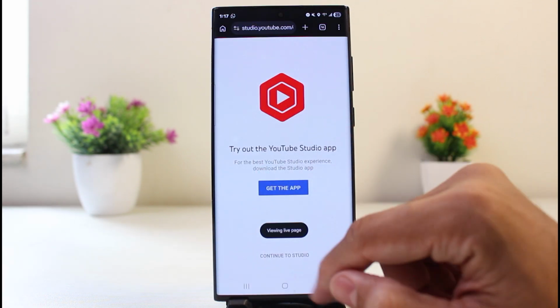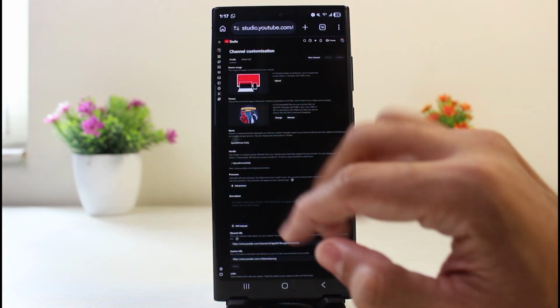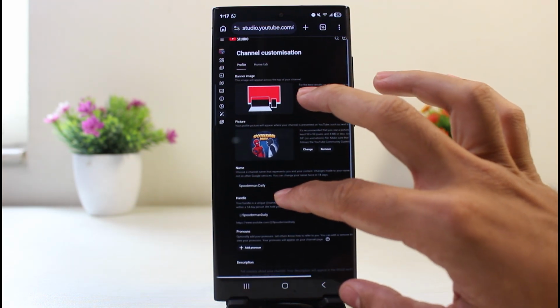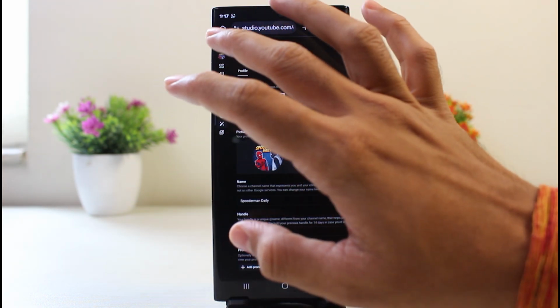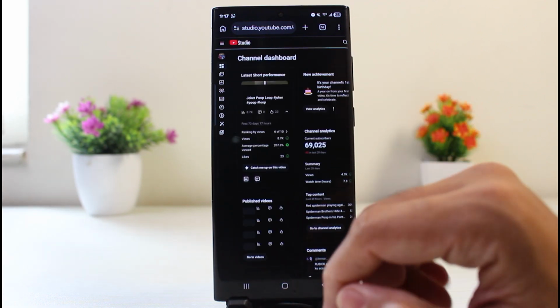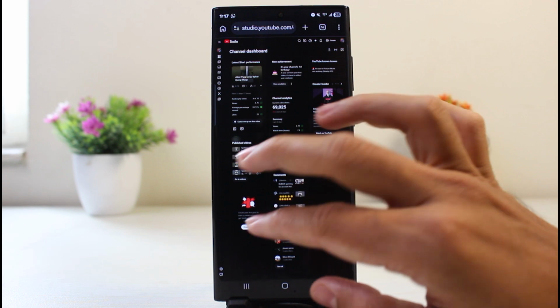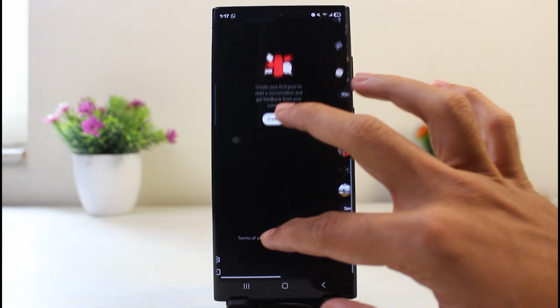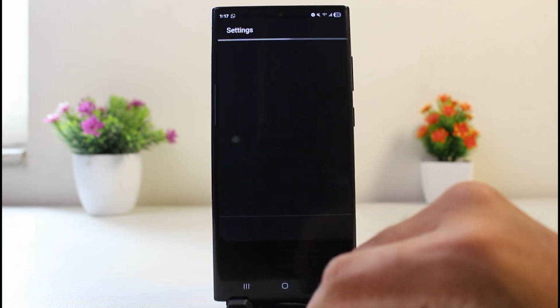Once you're inside your Studio, tap on Continue to Studio, and here you want to simply zoom in a bit and tap on the three bars over here and tap on Dashboard. Once you're inside your dashboard, you want to simply tap on this settings icon at the bottom of your screen, tap on Settings,